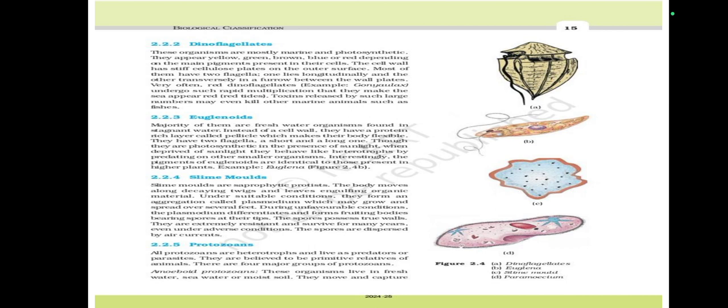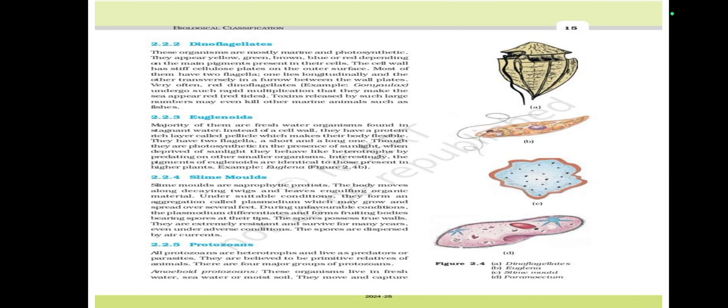Euglenoids. The majority of them are freshwater organisms found in stagnant water. Instead of a cell wall, they have a protein-rich layer called a pellicle, which makes their body flexible. They have two flagella, a short and a long one. Though they are photosynthetic in the presence of sunlight,